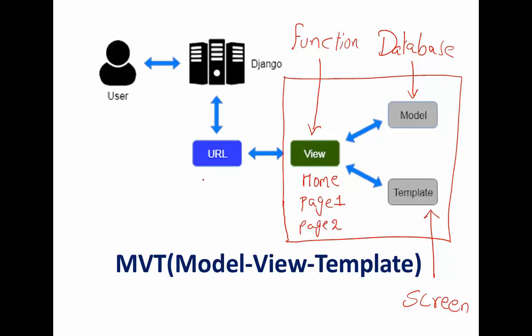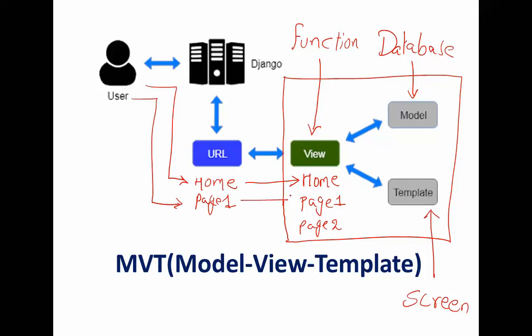But then for this end user to be able to reach this, you will have to design some path. You might have seen whenever we are visiting any particular website, it is always HTTP or HTTPS followed by some number followed by something slash something slash something. Now that is nothing but a path. So once I have designed this, I have to decide what would be the path for someone to reach each of these pages. So for the home page, I'll design a URL. So if the user takes this particular path, they will reach the home page. Maybe I'll design another URL for page 1. So if a user takes this particular path, they'll reach page 1.